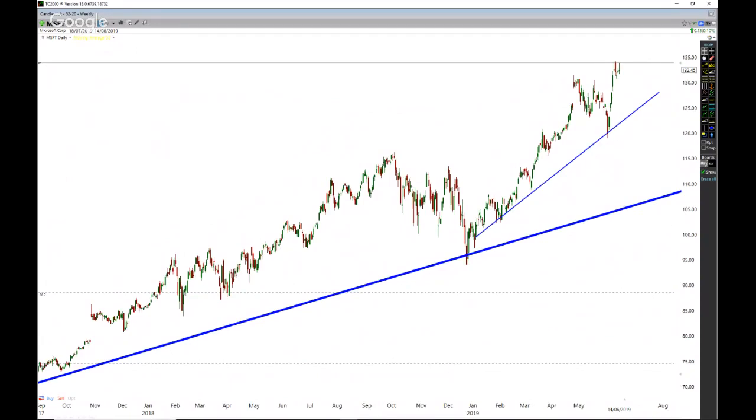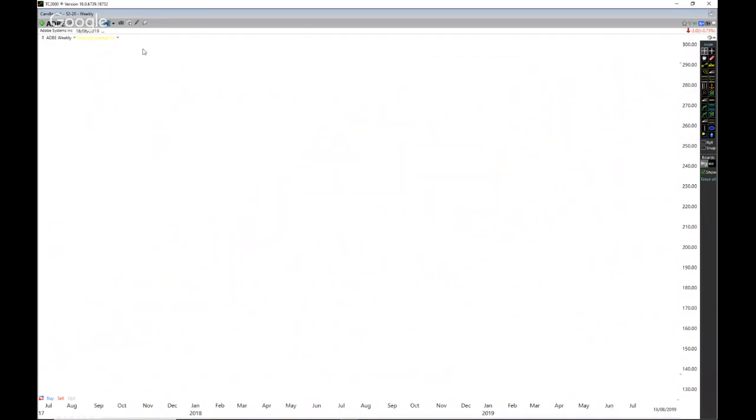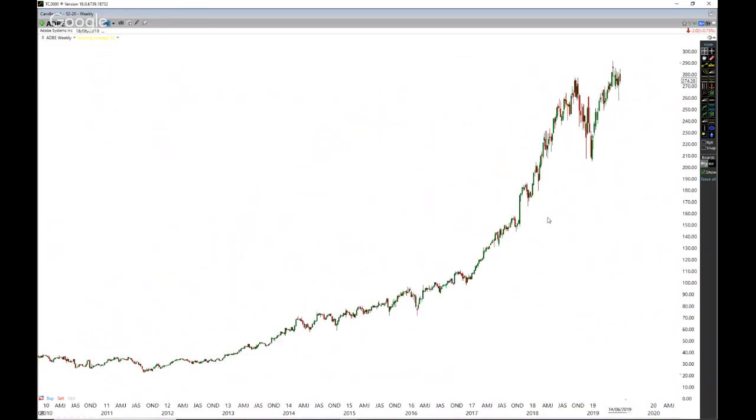So there we go, guys. There's just a few stocks there. Obviously, I could keep going through a lot of them, but I wanted to give you just a few of them. You know what? Let me just add one more. Adobe. All right, let's have a look at Adobe and see what Adobe's been doing. I haven't looked at Adobe for a while because it's just been okay.